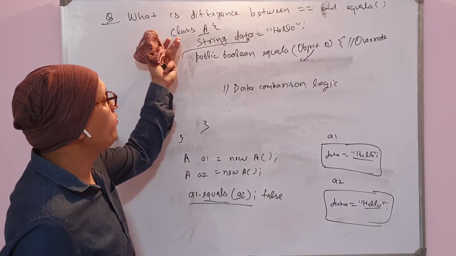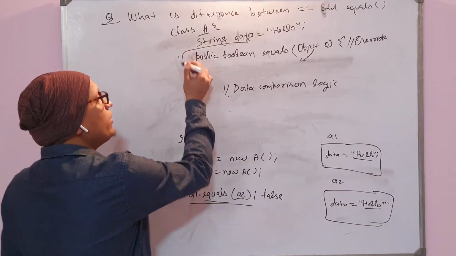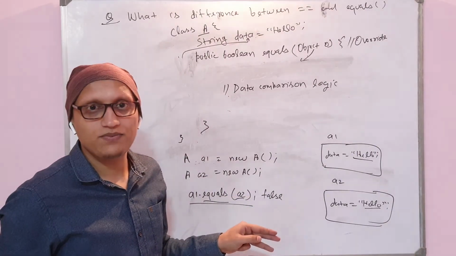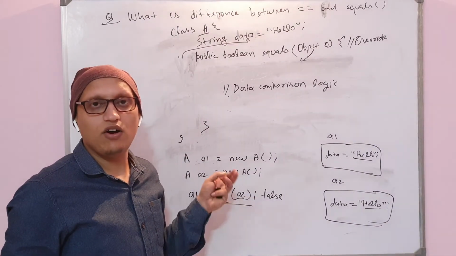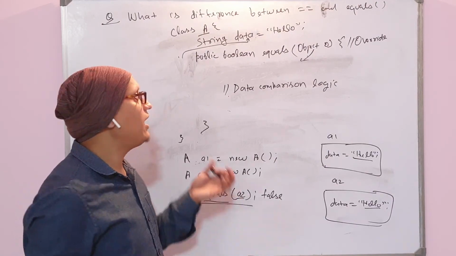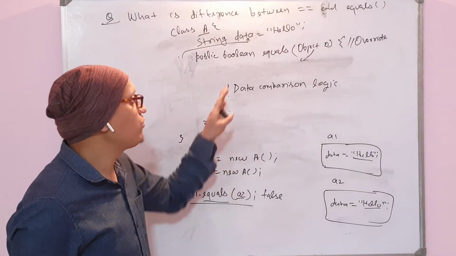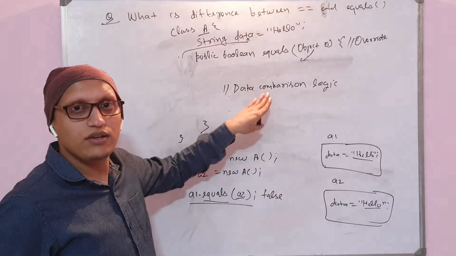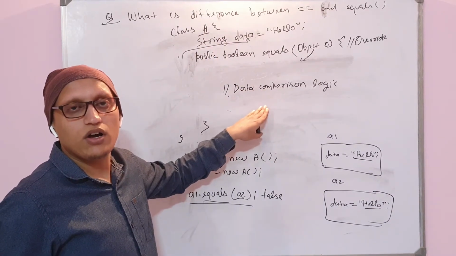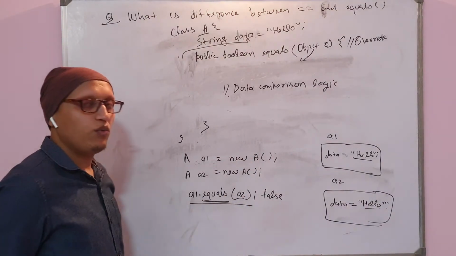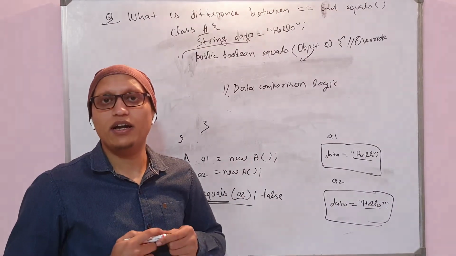So you can have a number of data fields here. In the equals method, you need to compare on the basis of all those data, whichever makes the object, meaning whichever will be useful in identifying the object. You need to compare all those things here in the equals method, and then return the response accordingly. Then only this equals method will compare on the basis of content.